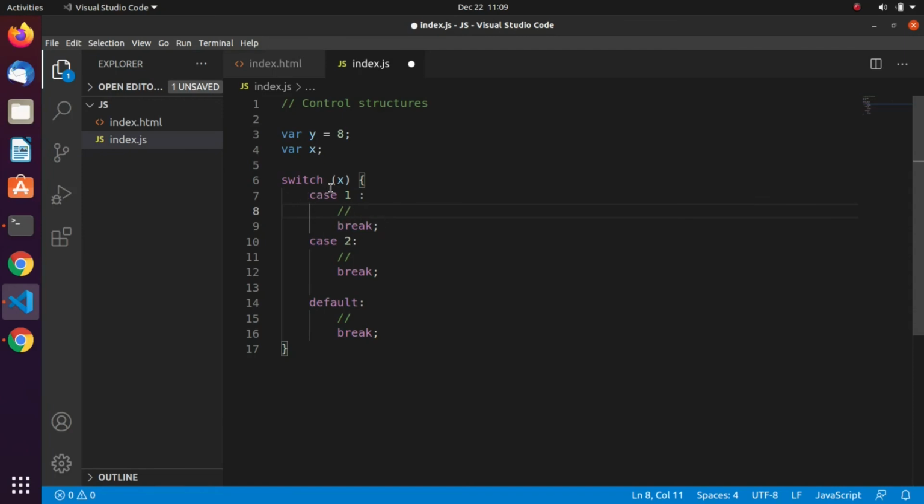If x is 1, it will execute, and if you don't put a break, it will then continue. It will take even the case of x equals 2, even if x is not equal to 2. So it's very important to put the break after the execution of any case, and you can have as many cases as you want.